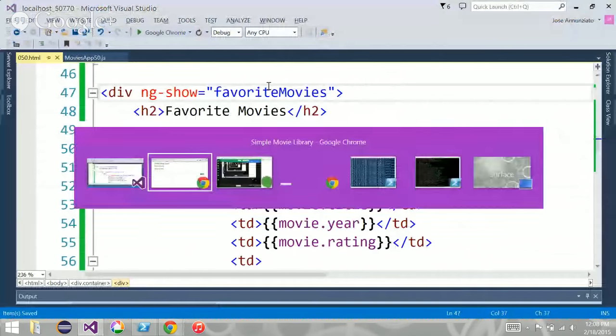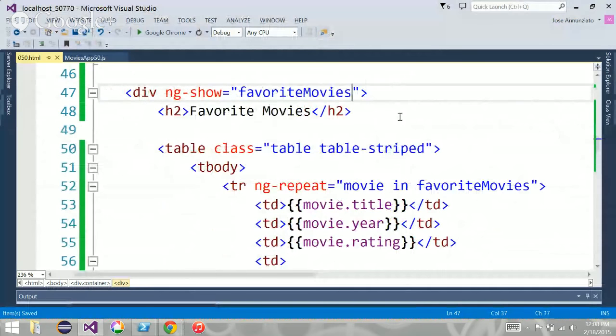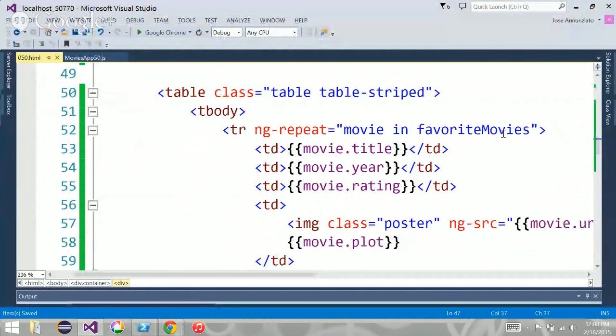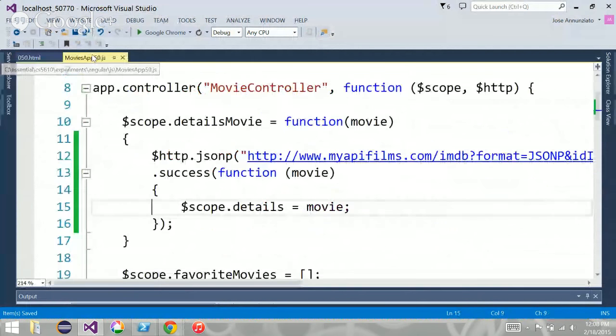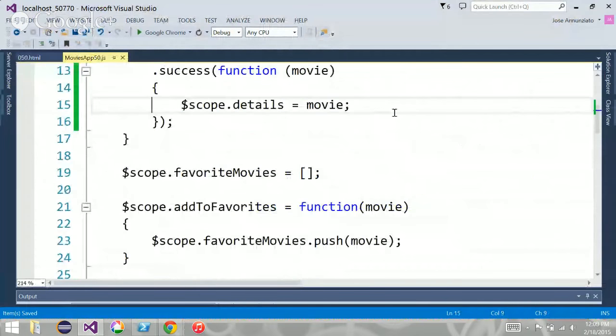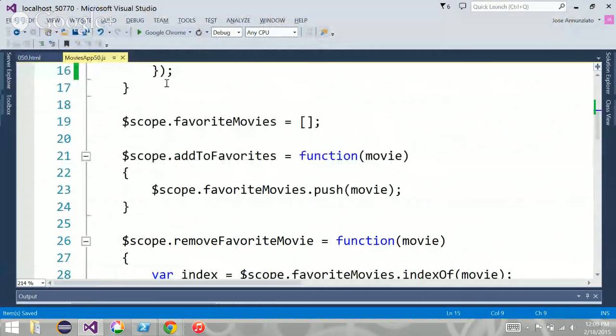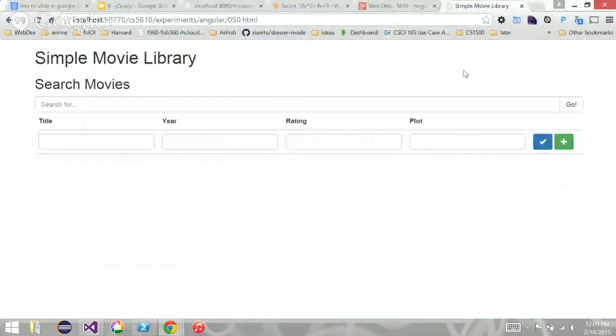Save it. ng-show favorite movies. Do we have favorite movies? Details. Oh, we do, don't we? Okay, favorite movies. So we probably want to say if favorite movies length, right? Length is greater than 0. There it is. So there is no favorites section unless we favorite something.